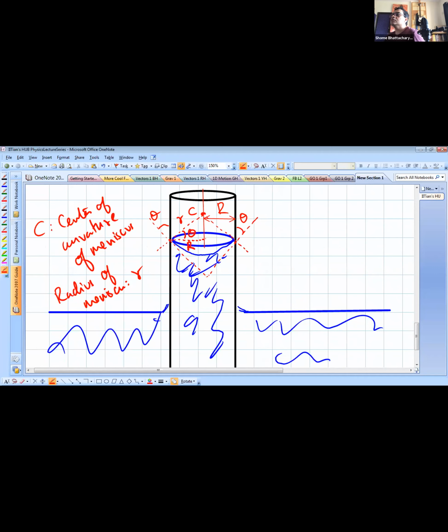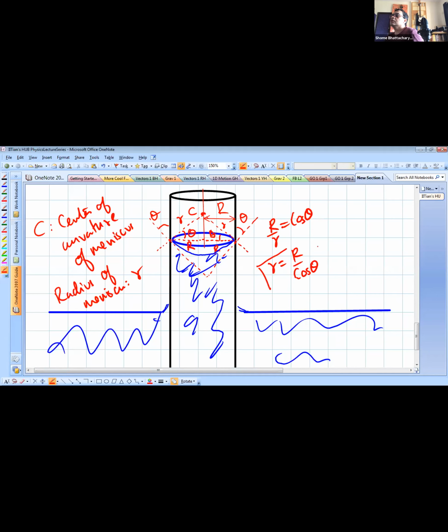So this angle is theta. Now concentrate on this right angle triangle. This is small r, this is capital R, and this angle here is theta. So you can see what is the relationship between them. Capital R by small r is cos theta. Okay. So that is why you will get that relation, that small r is in fact capital R by cos theta,